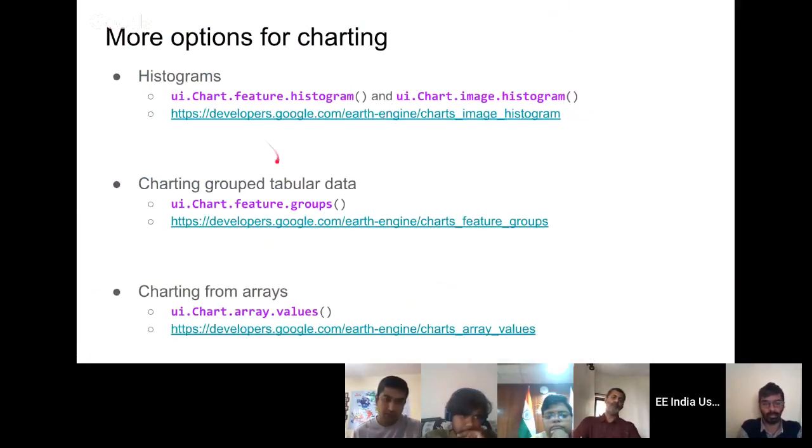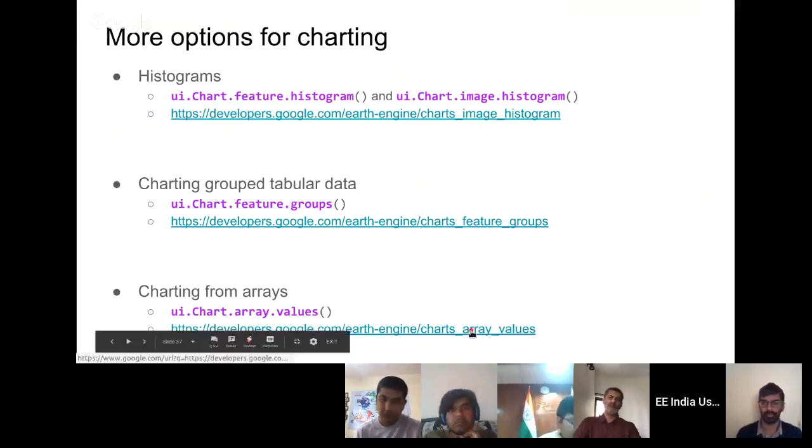It's also possible to plot histograms using these functions for whether it's a feature collection or an image. You can plot group data in tabular format. You can also plot arrays. And these links take you to documentation on the user guide to do the